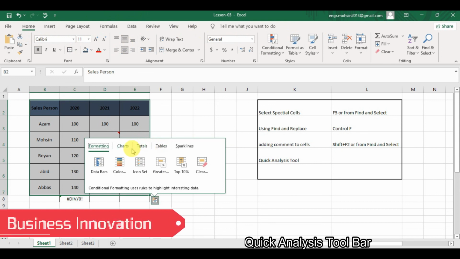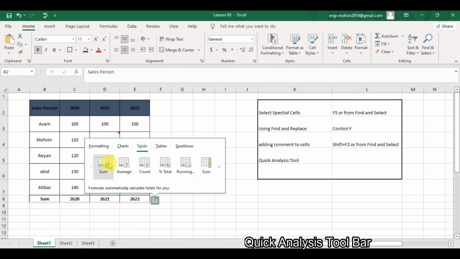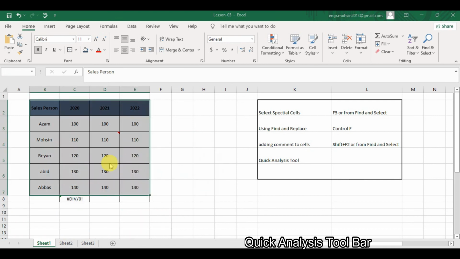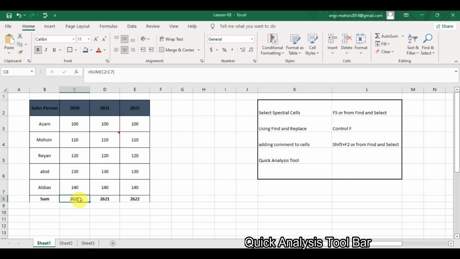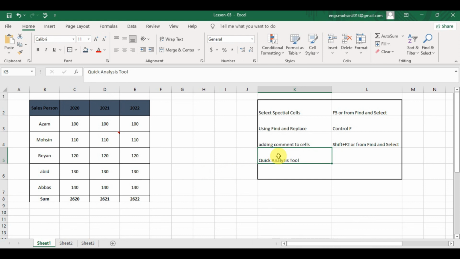For example, under totals, if I want the sum, by clicking sum it will give us the sum of all the columns here. In detail we will discuss this quick analysis toolbar later on.